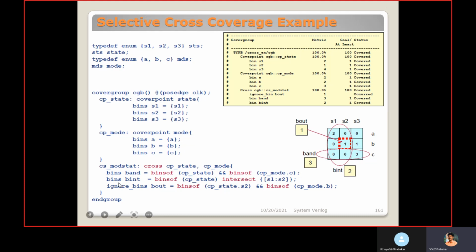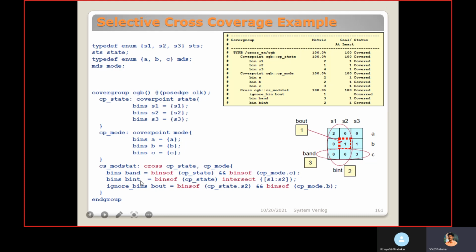The bins: binsof CP state intersect S1 to S2. That means binsof CP state consists of S1, S2, S3. In that, intersect S1 to S3. In this range, if we are getting S1 or S2, this bin will get a hit.